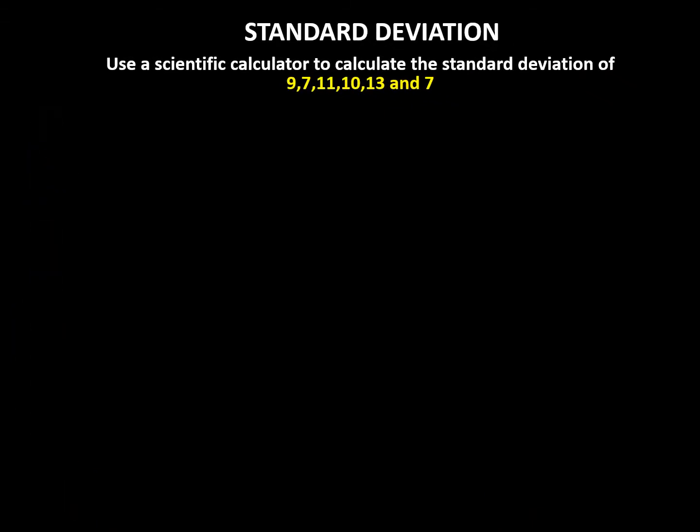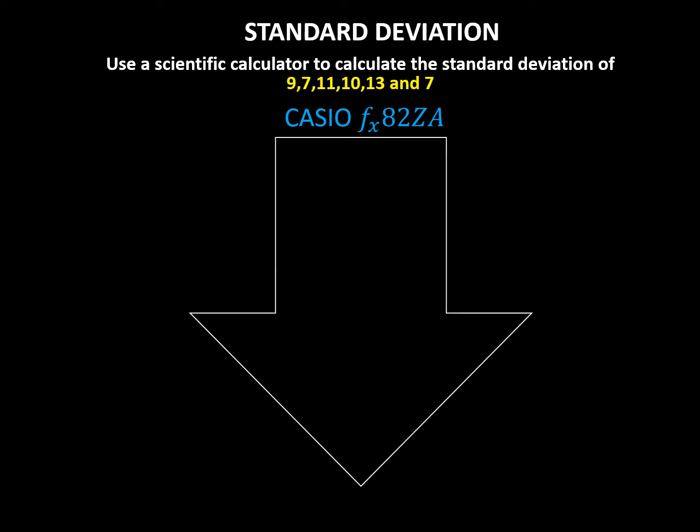Standard deviation. Use a scientific calculator to calculate the standard deviation. So I'm just showing you how to use the Casio FX82 calculator. We have only 6 numbers here. Okay, so this is the method. Those who have forgotten,